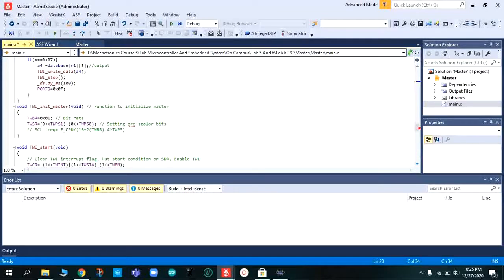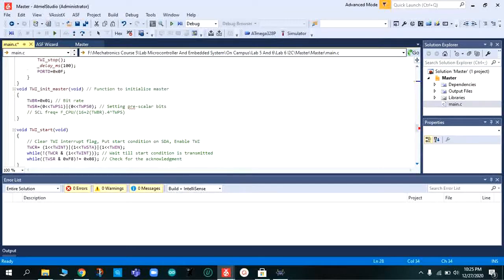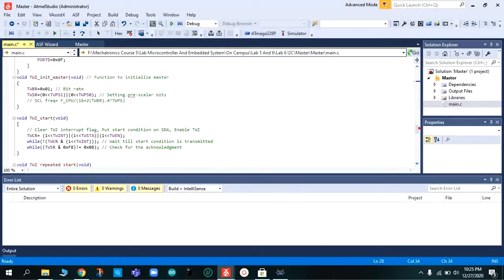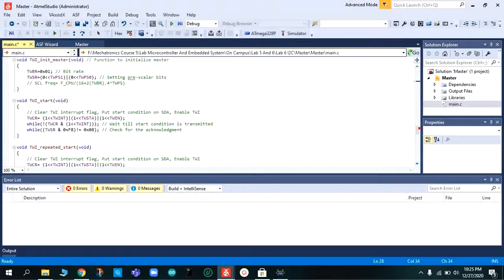Now we are initializing master and there is setting prescaler bits and setting the frequency. Now we clear TWI interrupt flag and put start condition on STA and enable TWI.